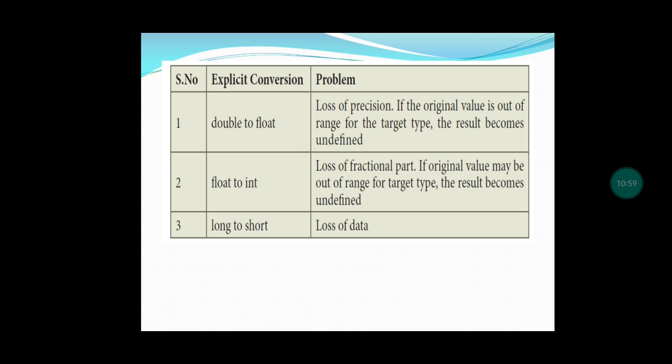Okay, in today's class, we have seen formatting output and how to use the manipulators in formatting the output: setw, setprecision and setf. And we have seen two type conversions: one is implicit conversion and another one is explicit conversion, and what problems happen in explicit conversion, with examples. So today we have completed the 9th chapter. In tomorrow's class we will go for the 10th chapter.